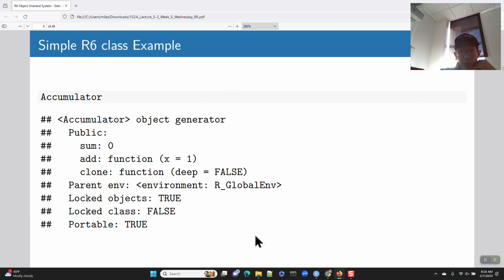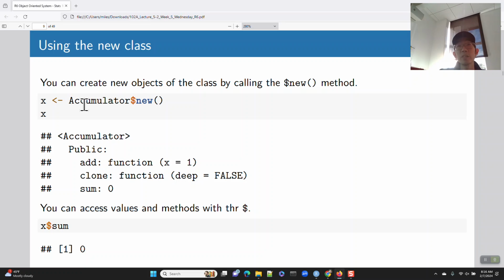So now that we have this accumulator class generator, which is what we call accumulator, we can create new instances of the accumulator class object. You have to think of this kind of like in some cartoon, where you have a machine that says, I'm going to produce robots or something, and you push the button, and then it pops out a thing. Okay, so here we have the accumulator generating machine, and now I push the button, basically accumulator$new,